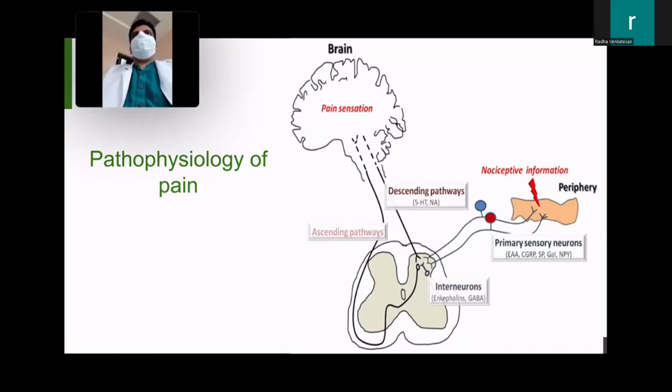That again can be of various types. If it is from the skin, it is thermal. If it is from the joint, it is mechanical stress. If it is from visceral organs, it is conveyed through mechanical distension. And in muscles, you have mechanical strenuous exertion, which conveys the message. And above all, there is the involvement of chemical mediators in conveying any information from the periphery.